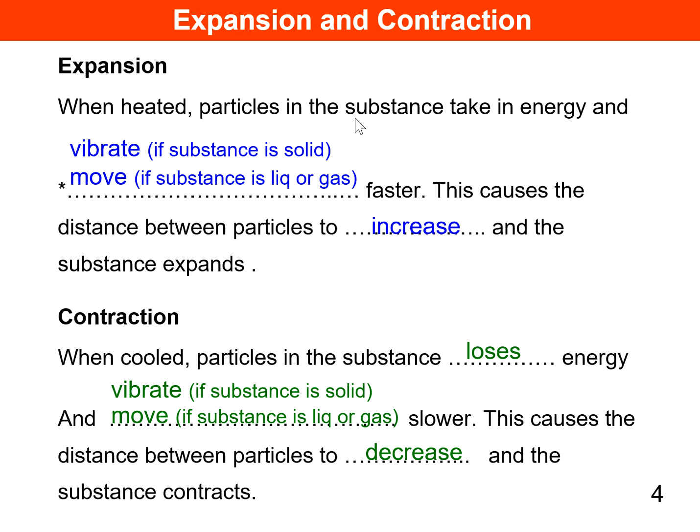When a substance is heated, it's going to gain heat or take in energy. If they are solids, the particles will vibrate more vigorously. If the substance is a liquid or gas, then we can say that they move faster, or they vibrate faster if it's a solid. Now, in this question, they did not specify what kind of substance, so you could use the answer as move faster. But if the question specifies a solid, please use the word vibrate, because solid particles cannot move out of their position.